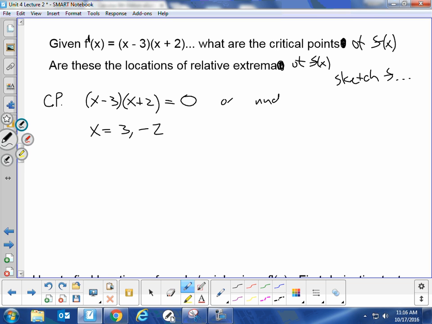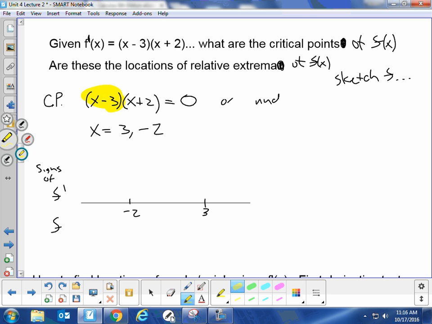Okay, we got that. Now here's the extra step. Create a number line so that you can analyze the signs of f prime, which will tell you stuff about f. Make sure you order your critical points from smallest to largest. Then, using your simplified f prime, this is f prime,